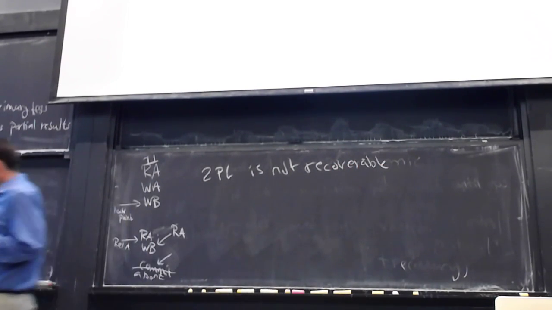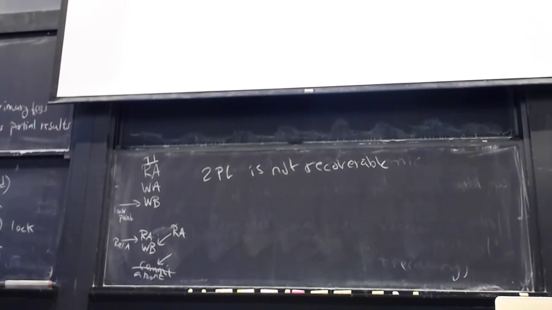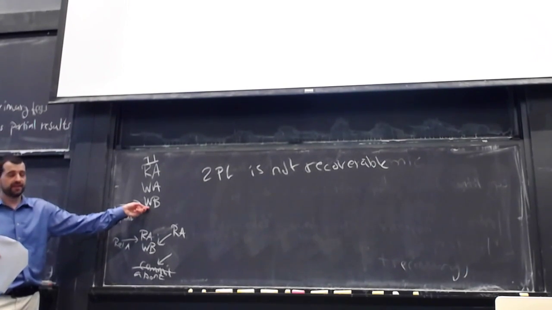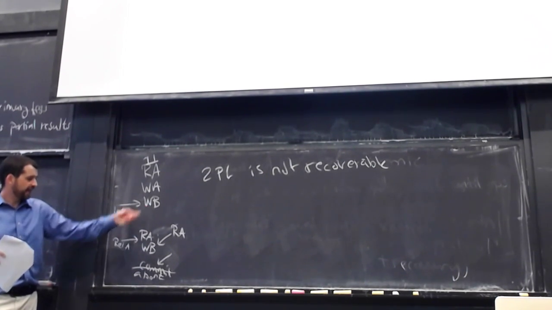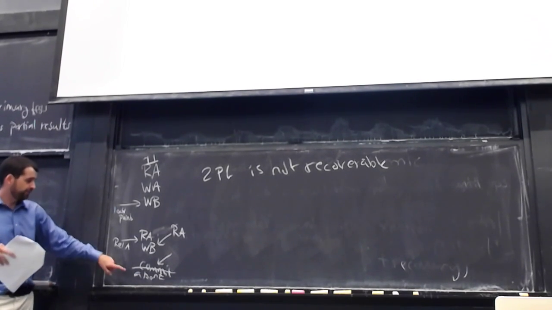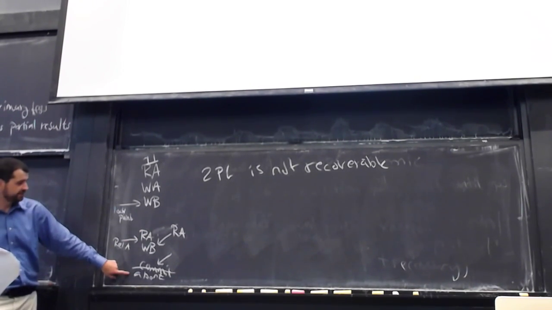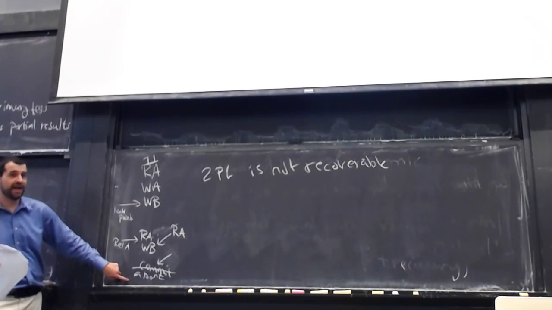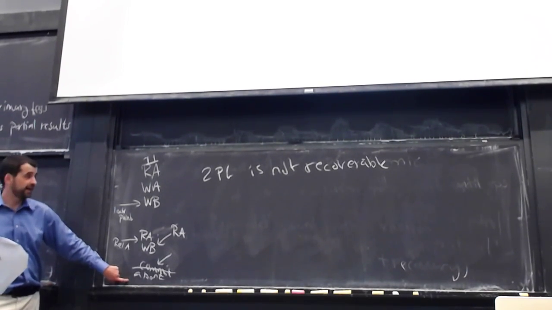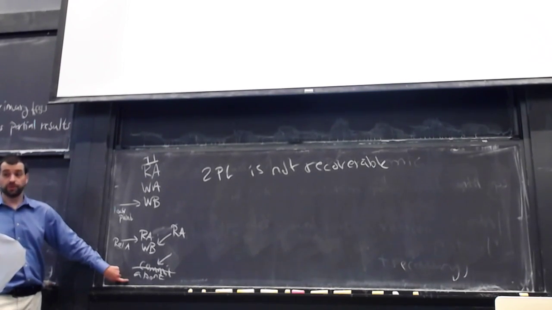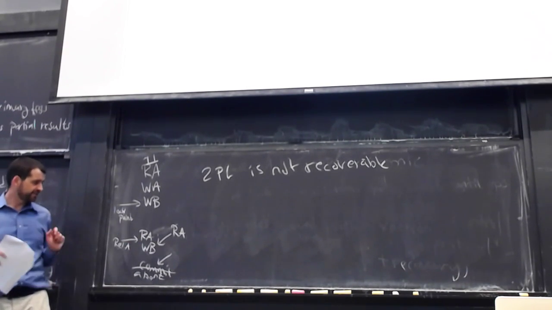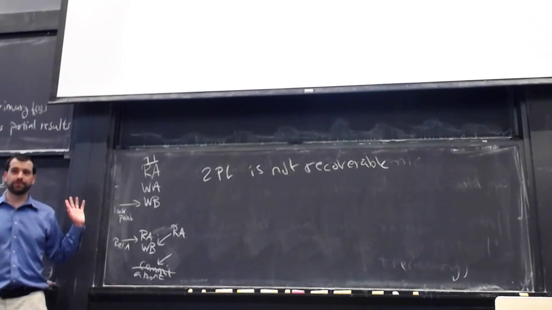Okay? So what we need to do in order to make it recoverable is ensure that we don't release locks on things we wrote until after the end of the transaction, right? So if we hold on to anything that we wrote, if we hold on to the locks until after we make the commit or abort decision, then you can see that we won't violate this recoverability. We will be able to have recoverability because we can avoid this situation where we did this release of this lock and some other guy snuck in and read some uncommitted value, right?